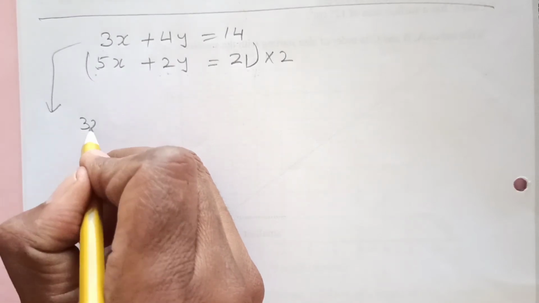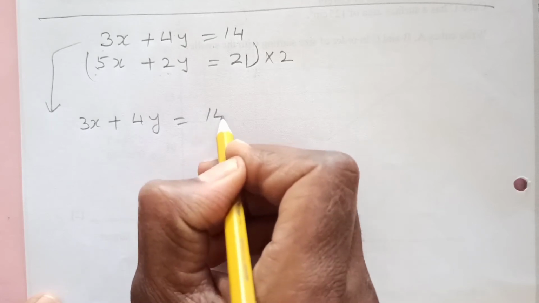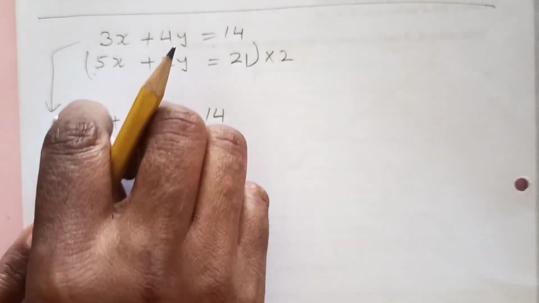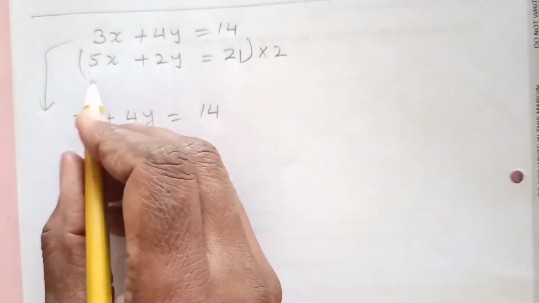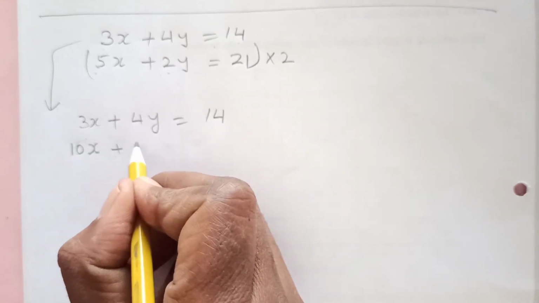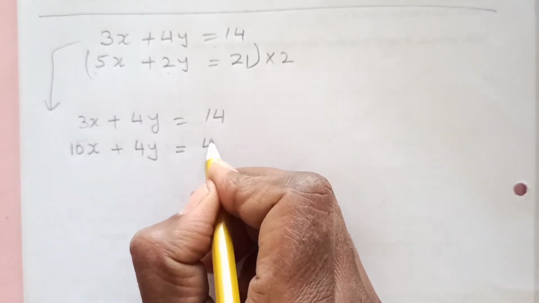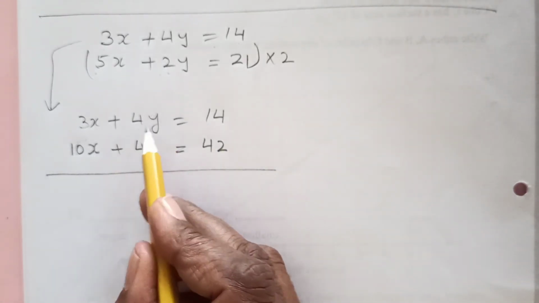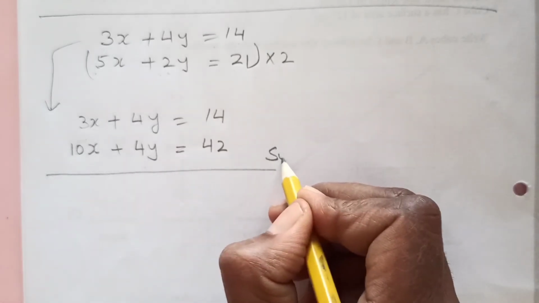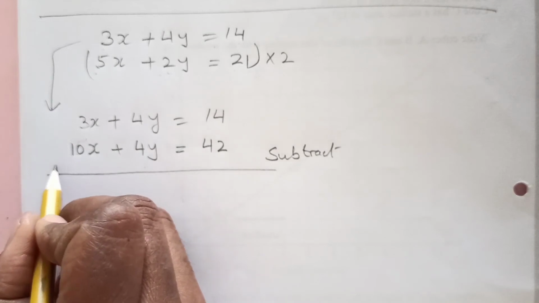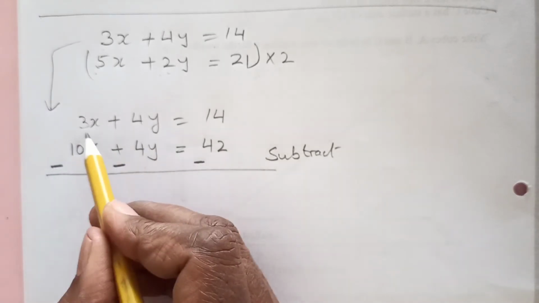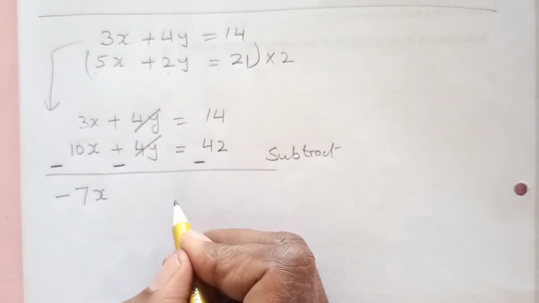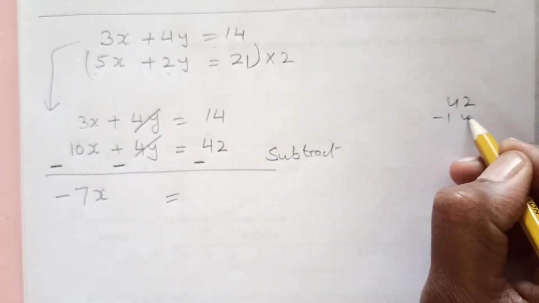So this is 3x plus 4y equals 14. The second equation is 5x. Remember to multiply 2 to everything. 5 times 2 is 10, then plus 2 times 2 is 4y, equals 42. Now the coefficients are the same, 4y and 4y, but to eliminate we need to subtract so that we can change the signs and eliminate. Now 3x minus 10x is minus 7x. This and this is 0. So 42 minus 14,